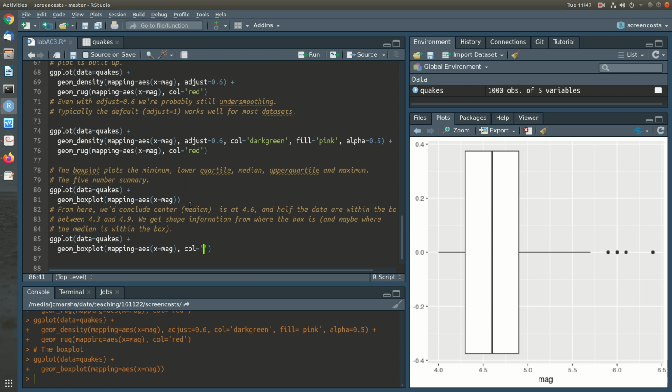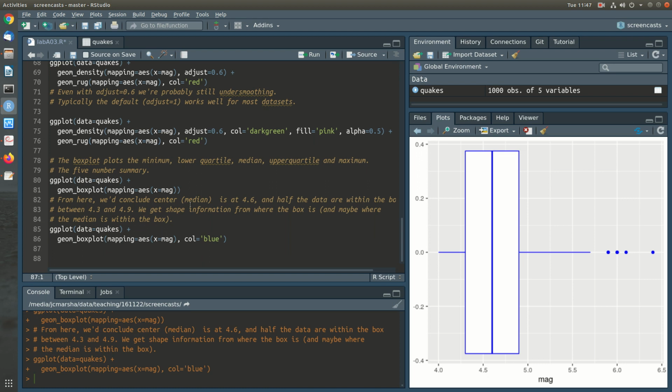Again, we can change colors. Outside with the color argument, inside with the fill argument. Again, maybe not an ideal combination, but that's the idea. We'll look into when each of these should be used later on, but the one case